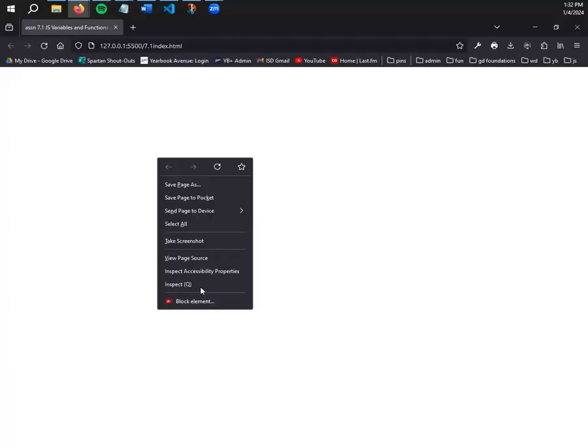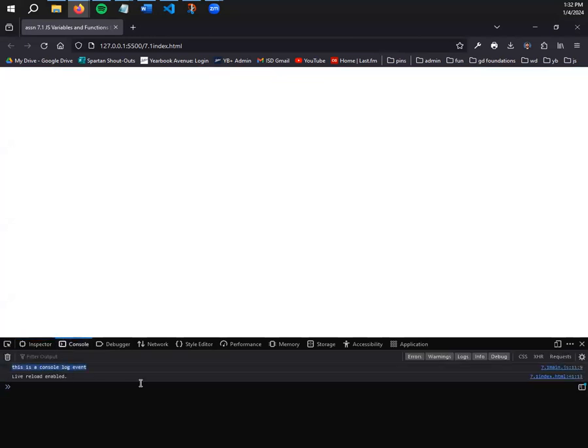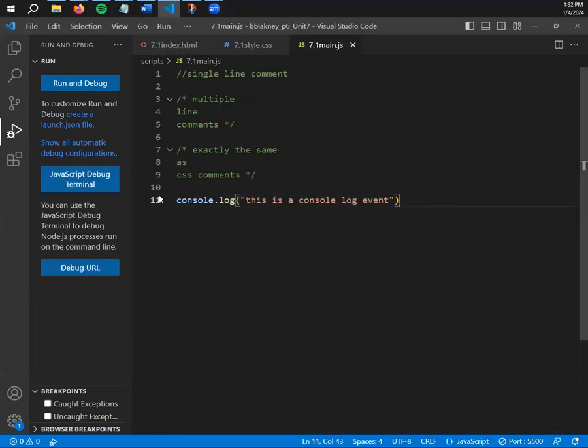So here I am in Firefox, a different browser, right? If I right click and inspect this, the console is a lot easier to see. And then there it is right there. This is a console log event, and it tells me it's from the 7.1 main.js file on line 11. So if I go back to my JS, line 11 has the console log feature that we've